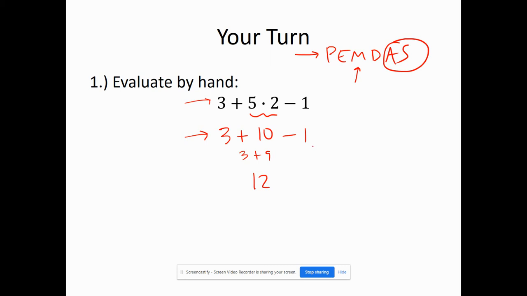So sometimes it doesn't really matter with addition. We'll say the order of addition doesn't matter, because subtraction is just really adding a negative number. Okay,